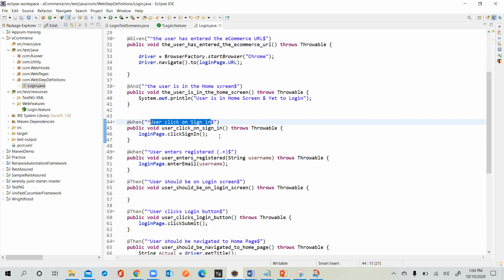And as I told you, this is the old version of Cucumber. That's the reason it was starting with a caret. The caret informs that this is the start of a string and the dollar informs that it's the end of the string. And we have all our regular expressions and other things that will come later, so I'll let you know. So the understanding is that if you have this When statement in the feature file, exactly, when user clicks on sign in. Yes. So this will exactly compare the string and then follow this method, right?